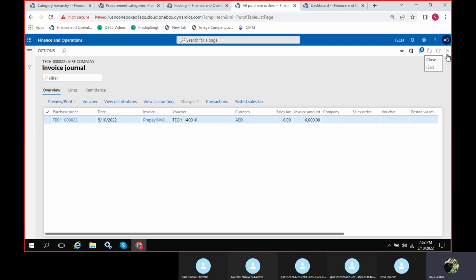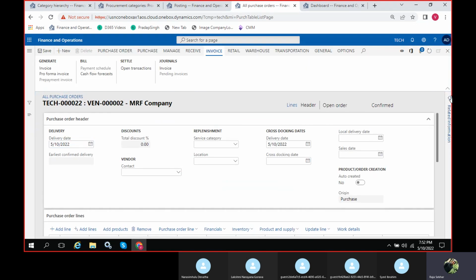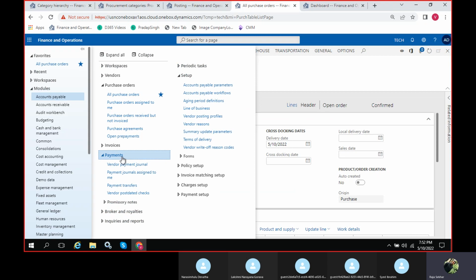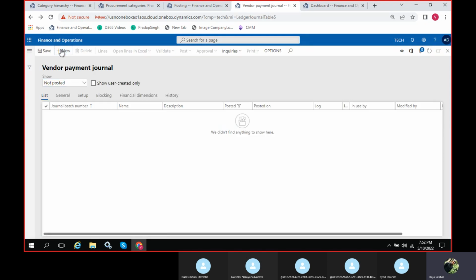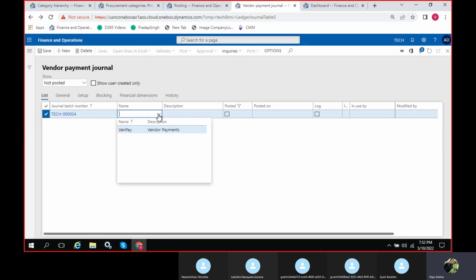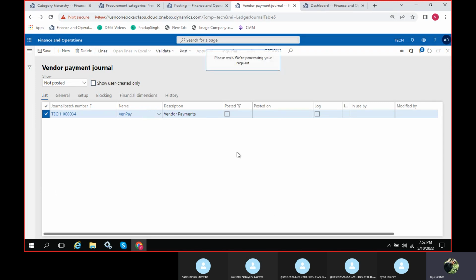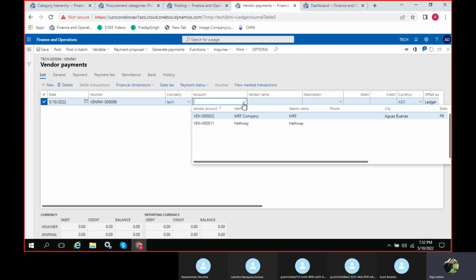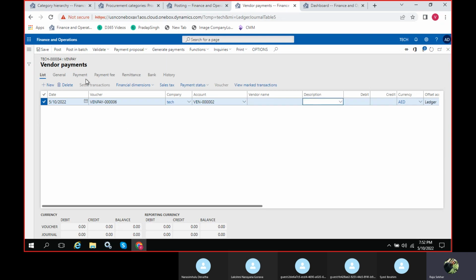Now again same process. You have just raised the prepayment invoice. Now what you need to do, you need to make a payment to that. Just go ahead and make a payment, and just select your payment and go to settle transactions.